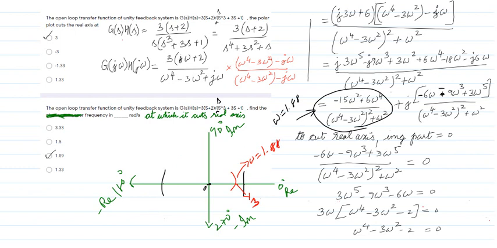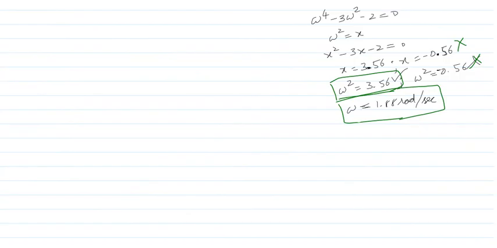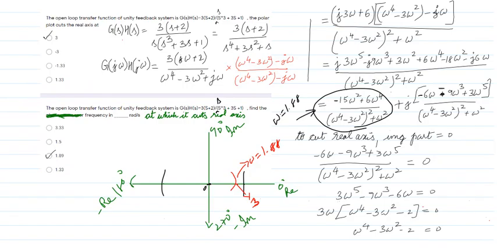The question should be: at what frequency does it cut the real axis? The answer is what we solved here, omega equal to 1.88 or 1.89. Keep in mind, we cannot blindly say that 1.88 is the phase crossover frequency, because that point is coming on the right side, at 0 degree. It should cut 180 degree, then only can I find the phase crossover frequency. So for this problem there is no phase crossover frequency.